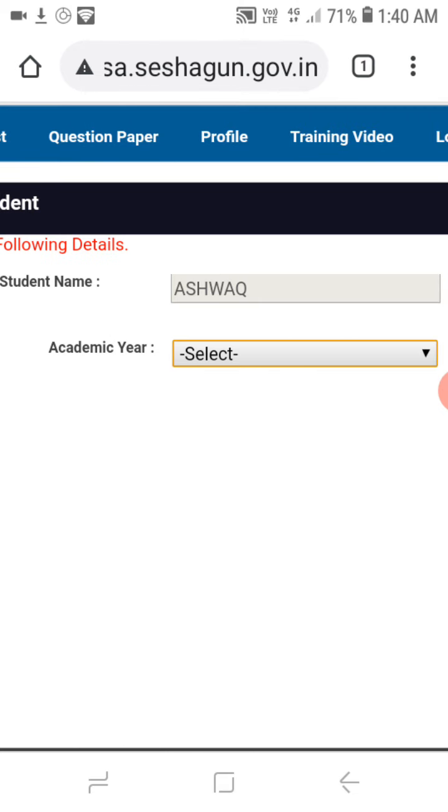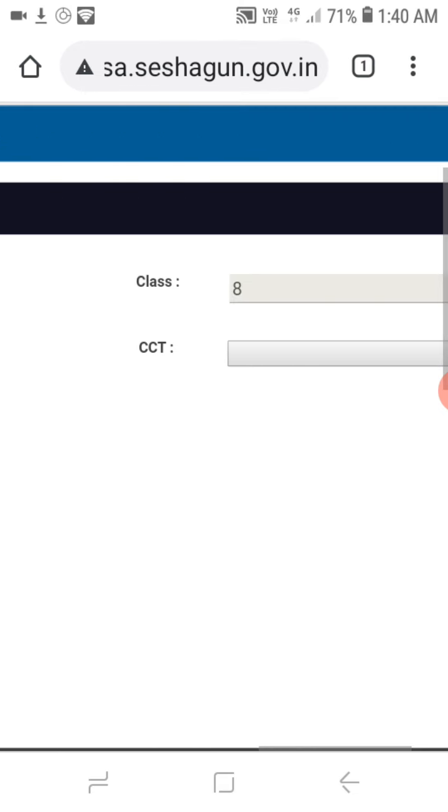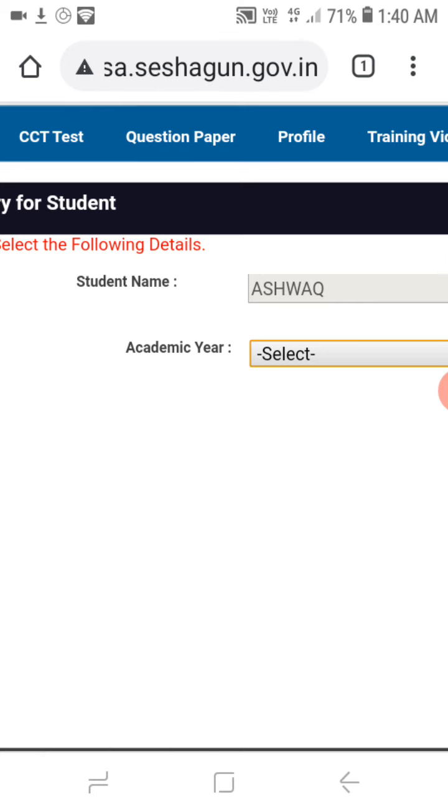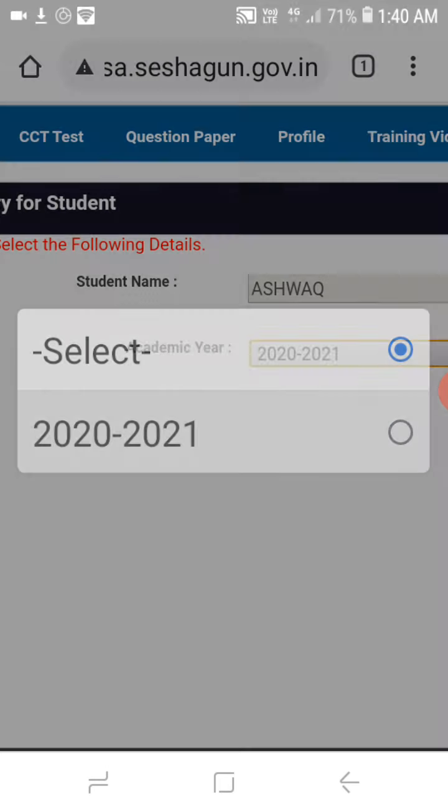It will display your name and your class. These are all dummy. Make sure that your class is correct, your name is correct, and these names we are taking from the UBI portal, and you select the academic year as 2020-21.